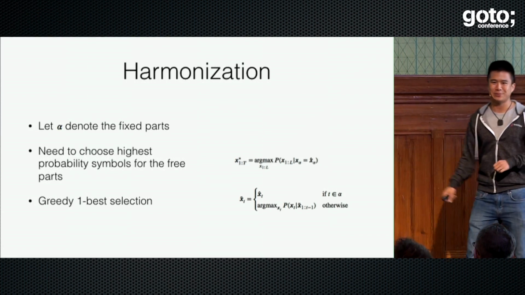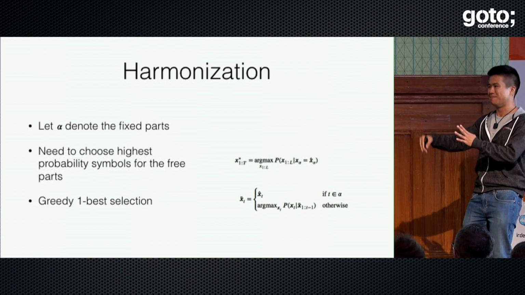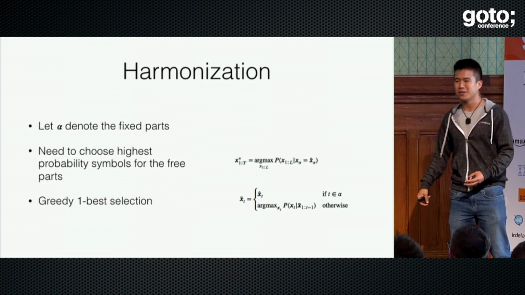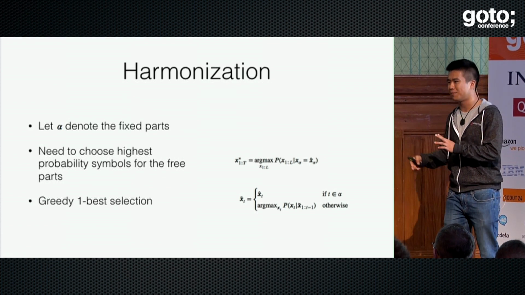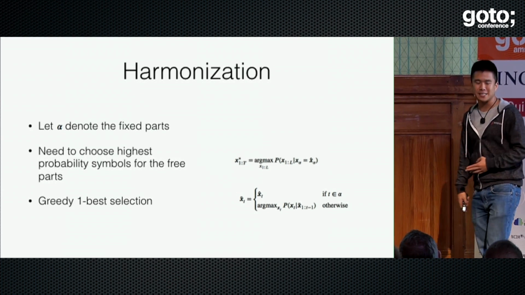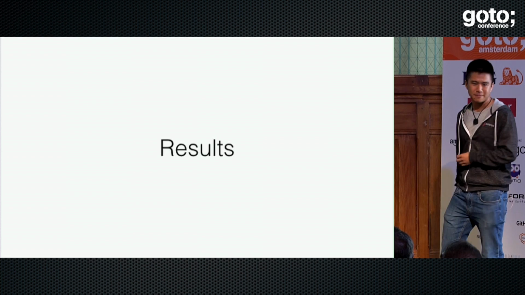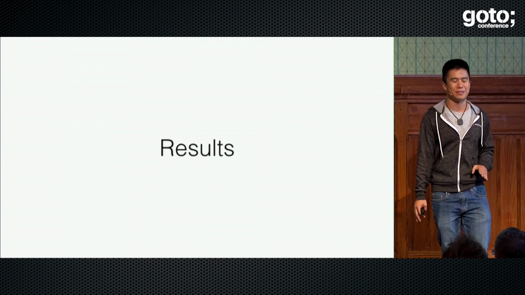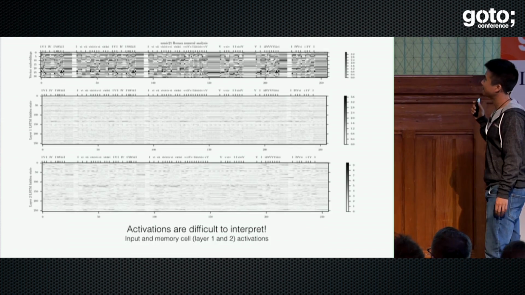My kind of greedy solution, which I've received a lot of criticism for, is: you're at this point in time, just sample the most likely thing at the next point in time. The reason this gets criticized is that if you greedily choose without looking at what influence this decision could have on your future, you might choose something that doesn't make any sense in the future harmonic context, but may sound really good right now. It's kind of like acting without thinking about the consequences of your action. But the testament to how well this performs is not how bad it could be theoretically, it's how well it does empirically. Is it still convincing? We'll find out soon.